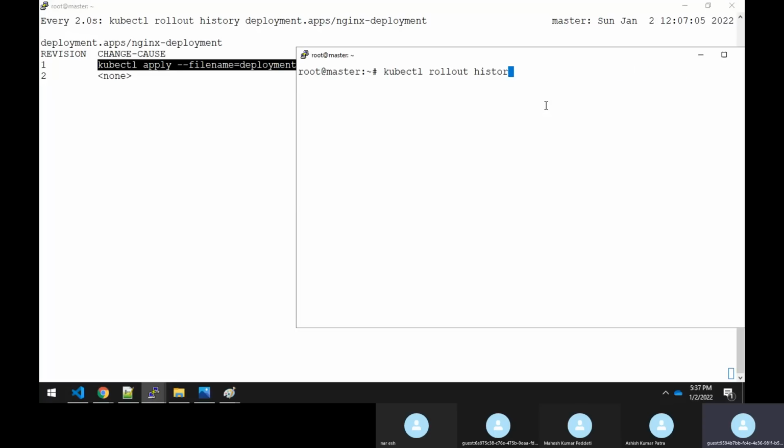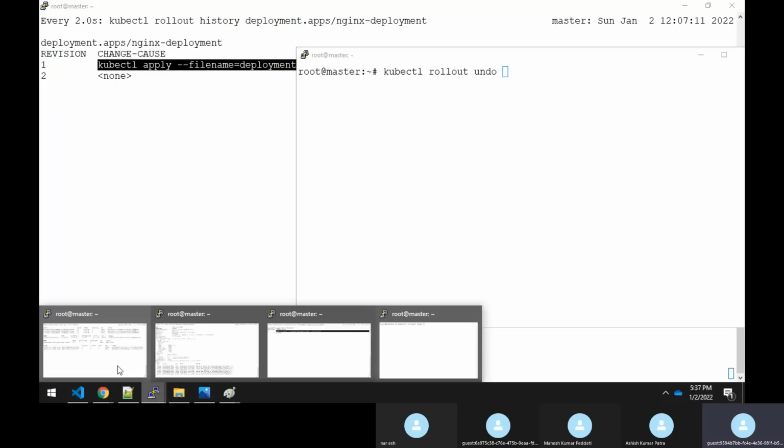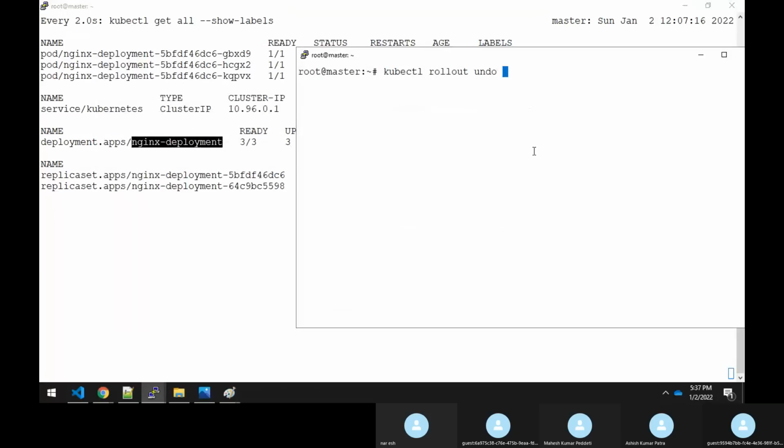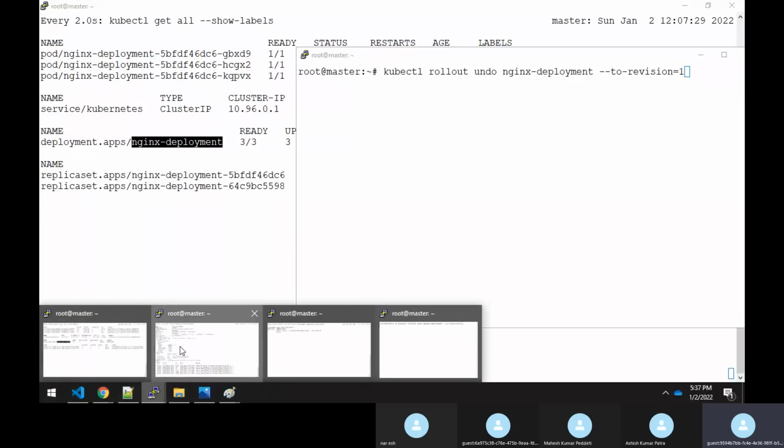Or else you can do rollout undo and specify the deployment name. This is the deployment name. Then --to-revision=1. That means you want to roll back to revision number 1. Let's apply and see what will happen.